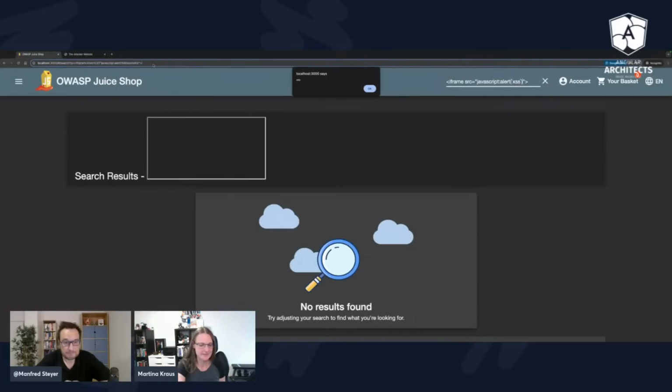So I can just copy this and send this URL to you, Manfred, and you click on it, and then this attack happens on your website as well if you open your Choose Shop with your account. That means you could grab some sensitive data I'm typing into it, and then you can use it.